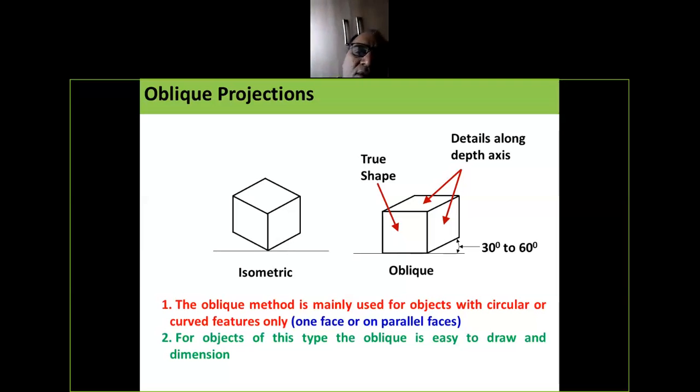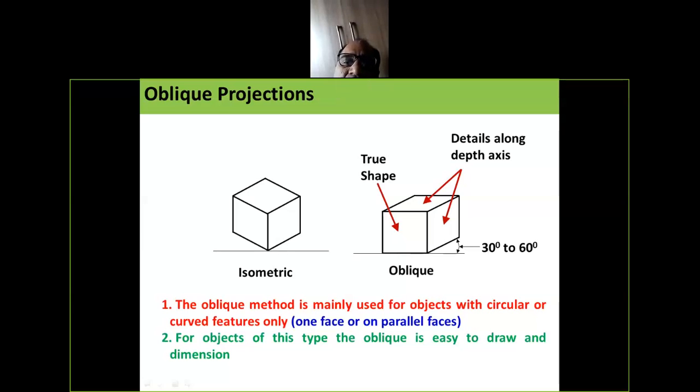In isometric we have taken 30 degrees, but in oblique projections the angle of one side may be 30 to 60 degrees, and in isometric both the angles are taken inclined 30 degrees. In oblique projections, in front we have taken true length, and on the other side, at 30 degrees, we have obtained detail.